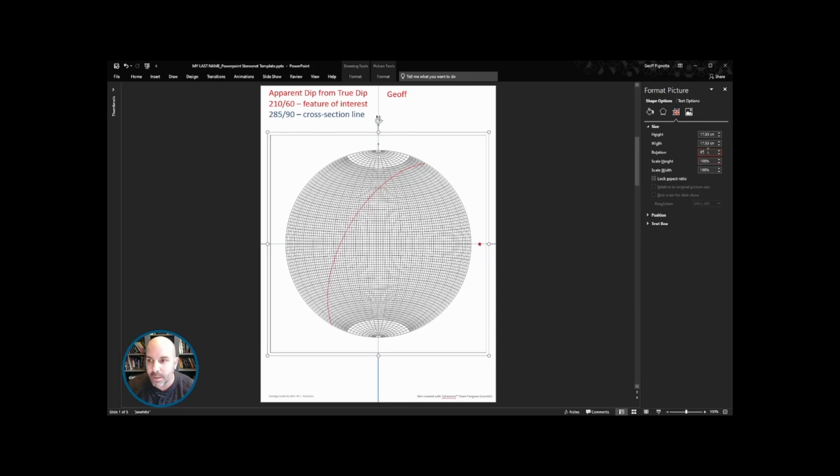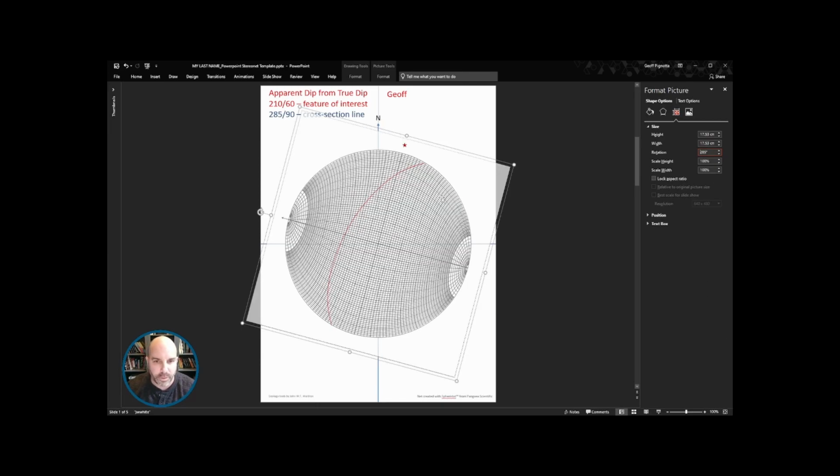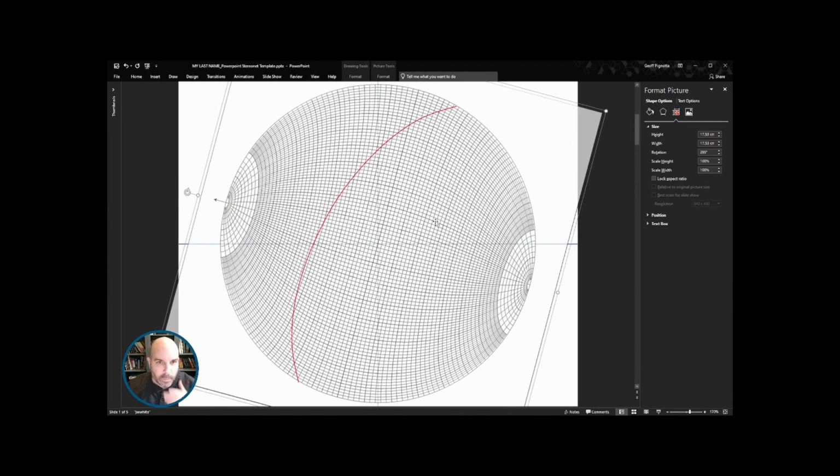I'm going to rotate again to 285. There's our measurement, and again, we always want to measure in from this side. I'm going to zoom back in here. 170. So we're in here. We're again measuring in from this side, and fantastically, since this is vertical, we are going to insert a line,